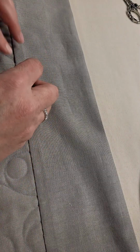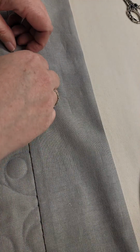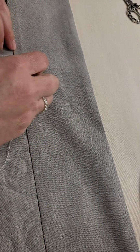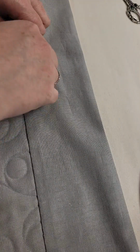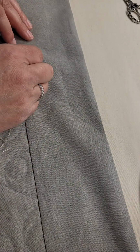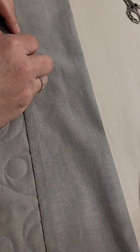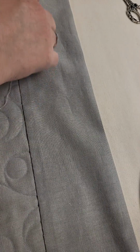Angela says, girl, you don't have the time. Yeah, it's a lovely thought. But at the end of the day, if I'm snuggling, watching TV, I just want to snuggle and watch TV. I'm done sewing for the day. So yeah, if I could get away with doing this by machine and have it look halfway decent, I probably would. And maybe I'll work on developing that skill because